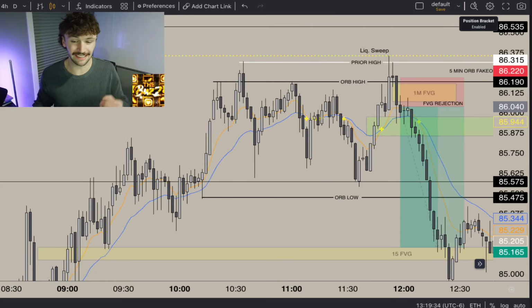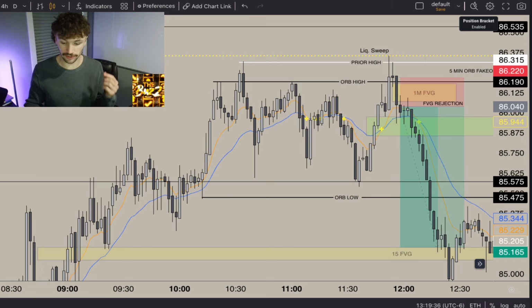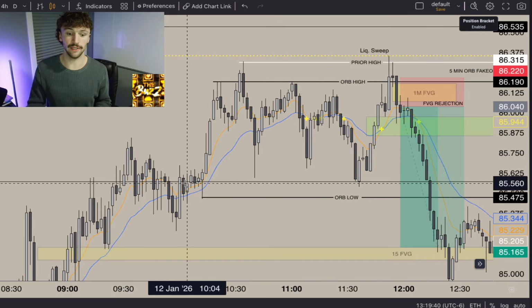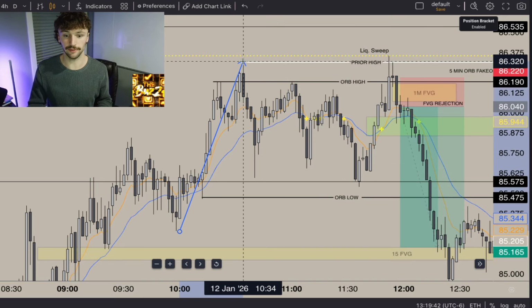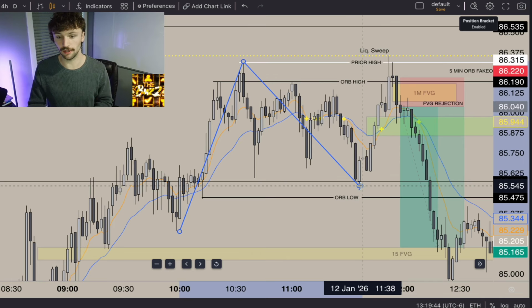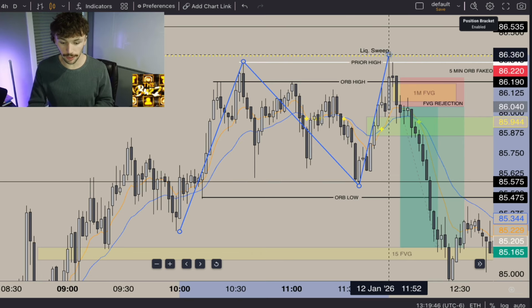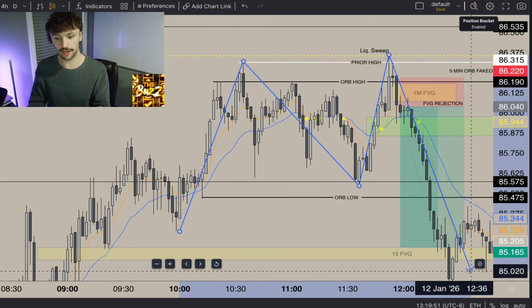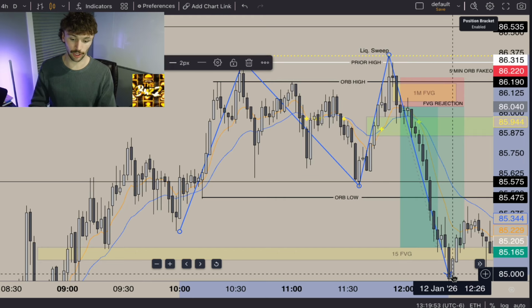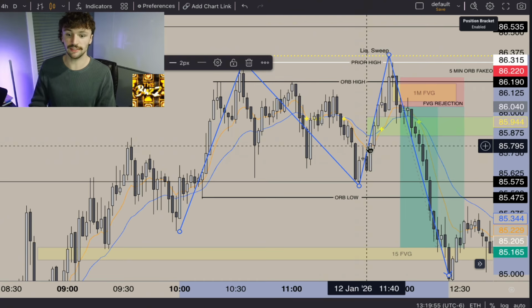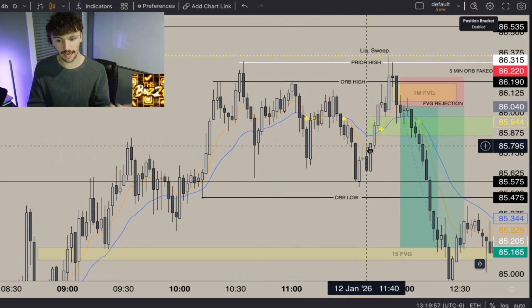Okay, so let's draw this exact model out. The exact model that I just showed you guys is exactly what we are seeing here. So what do we get? A high that gets put in place. Then we pull back from that high, putting in a low. And then from there, we come up and sweep highs, creating a liquidity sweep. From there, we get our fair value gap, and we absolutely dump off the map. So this is exactly what I just showed you guys. I just drew this out exactly for you.